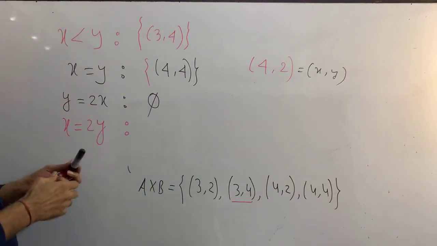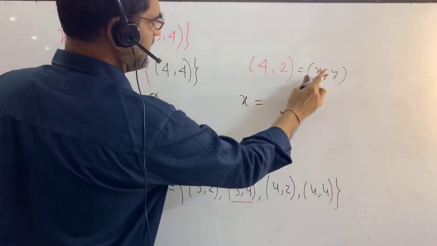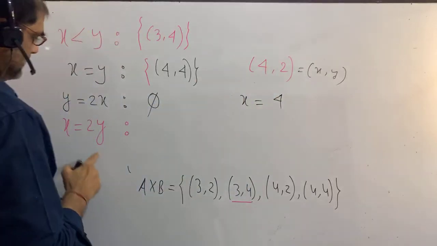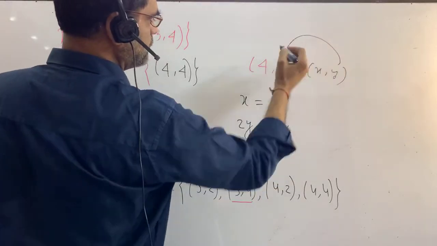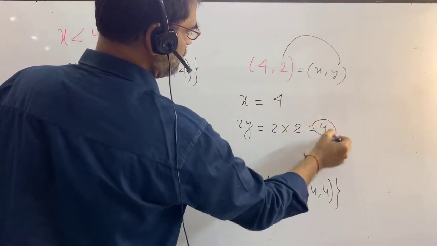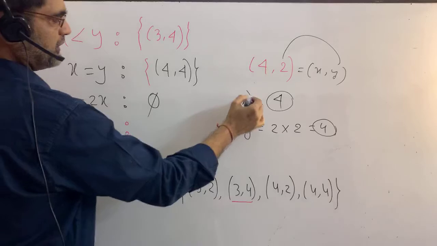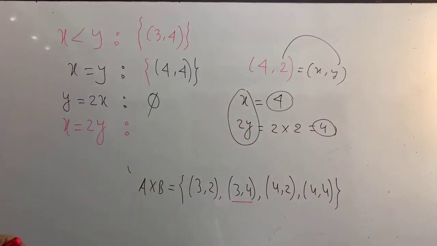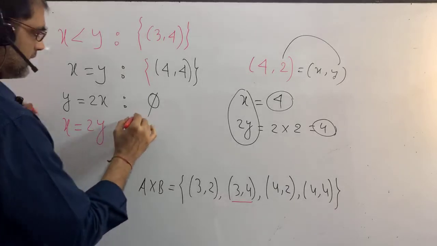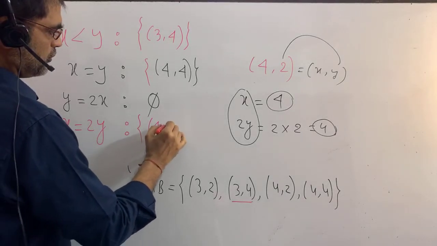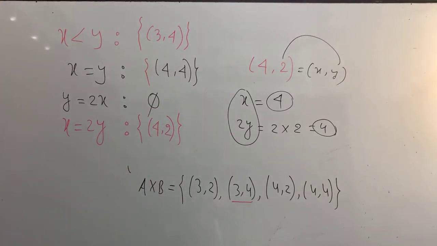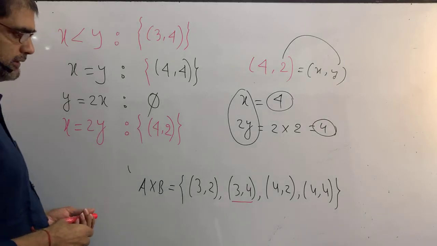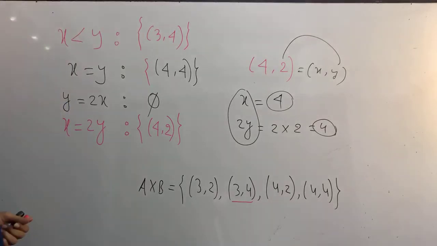Here we are getting x equals to 2y. X means what? Here x equals to 4. Very good. It is 2y, right? So 2y is equal to what? What is the value of y here? 2. So we are getting this 4 and this 4 equal. So yes, x equals to 2y is applied for 4 comma 2. So we can write here 4 comma 2. So from one math we have got another 4 maths, right? I think you can do it. Even a math can be given like this.